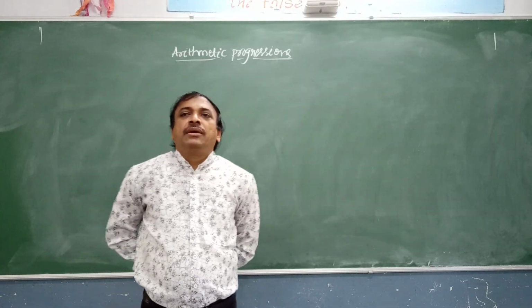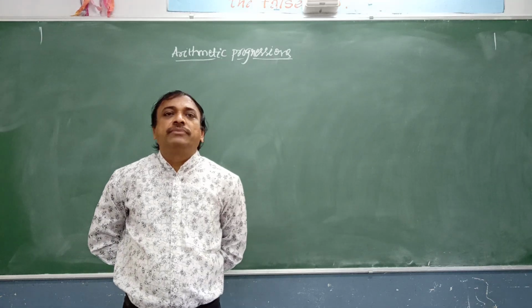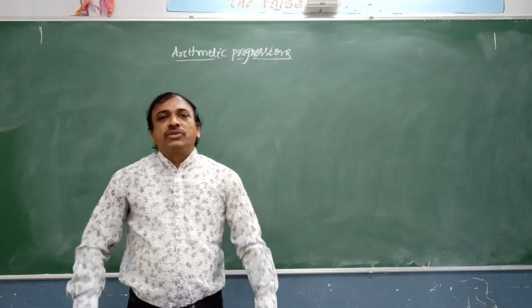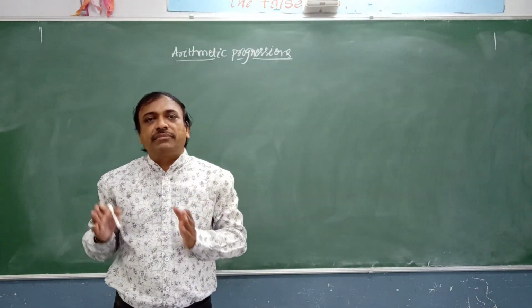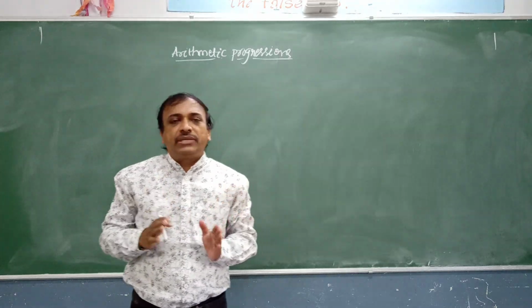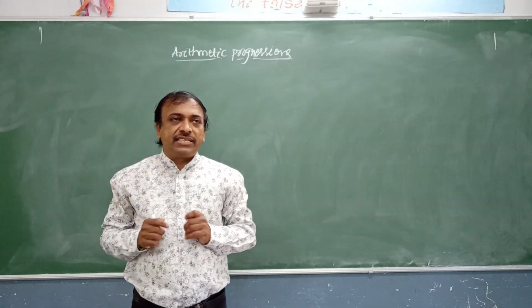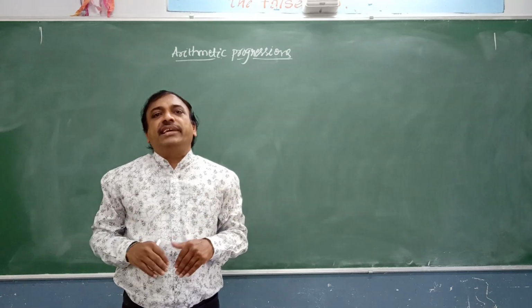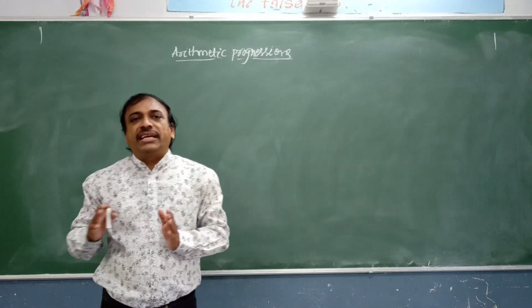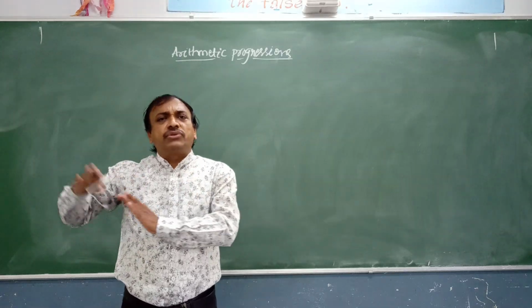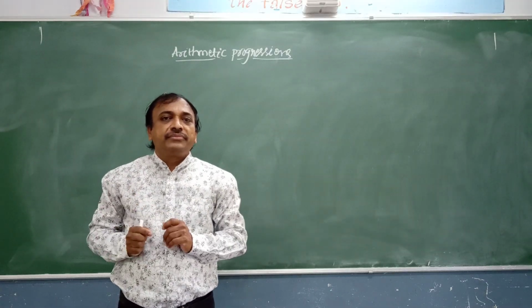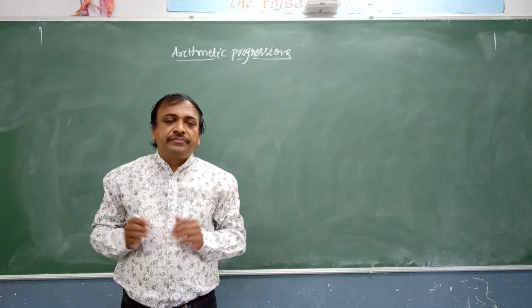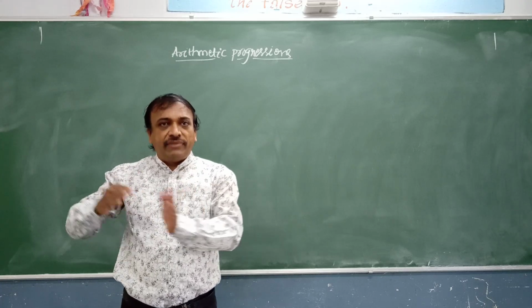Hi children. In the previous session we discussed the series, that is, progression, arithmetic progression. In that, the terms are the first term, second term, third term, fourth term: A1, A2, A3, A4, A5 like this. We also discussed the general term, that is An, which can be called the last term or nth term of the arithmetic progression. Now, without using that nth term formula, we will see how to find the terms. The formula-based approach we will discuss later.